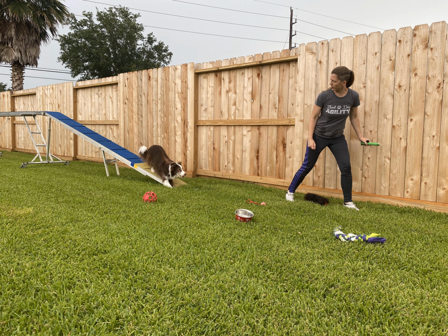The weave poles are a good example, but people can be doing this with all aspects of their training. And I think the idea that proofing doesn't have to happen when the product is finished might be a new concept for people. They think that proofing, and even I said it, is a form of testing. So they think, well, don't test the dog until you feel like you've taught the behavior. And maybe that was bad verbiage on my part. I think about it more as mild proofing throughout the training process that helps the dog generalize and makes those changes in environment, or changes in equipment, or changes in handler more common